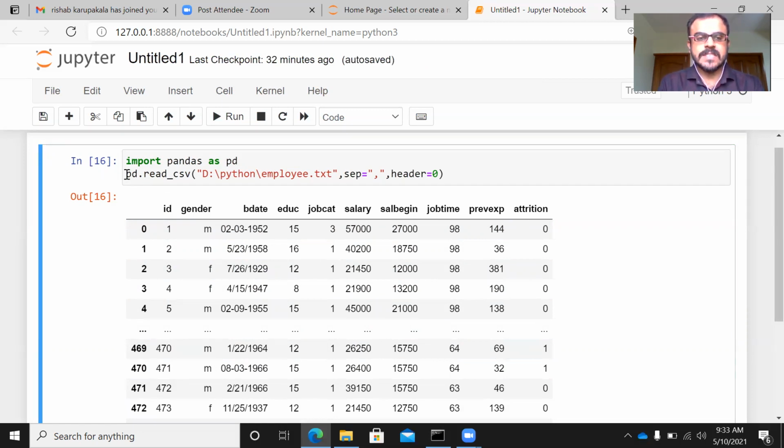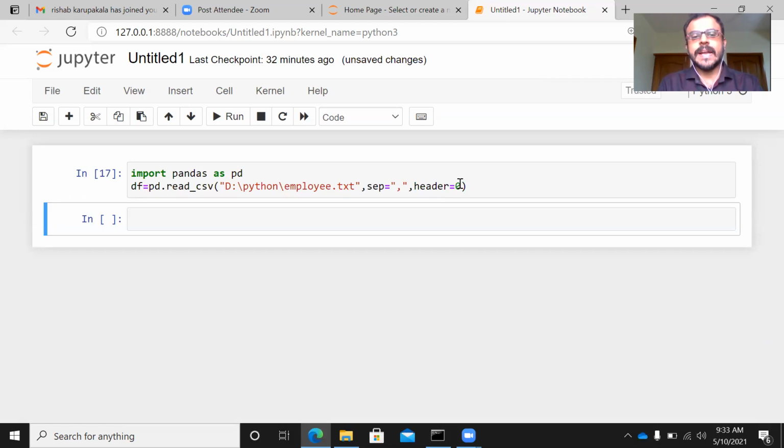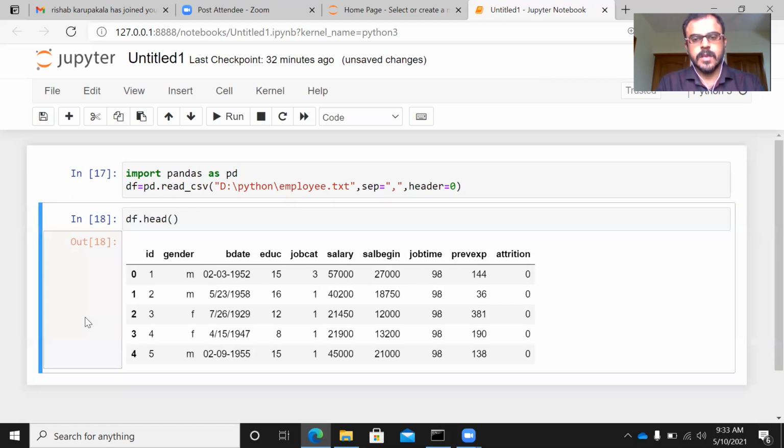If you want to save this, you can save it by giving the name df. So let me just go ahead and save this file and give it the name df. If you want to inspect the top 5 rows, you can give the head function.